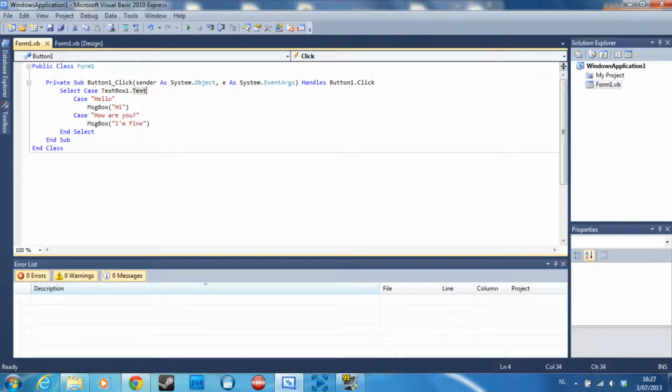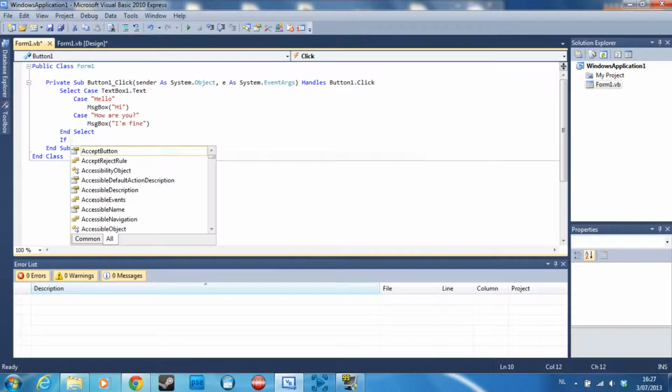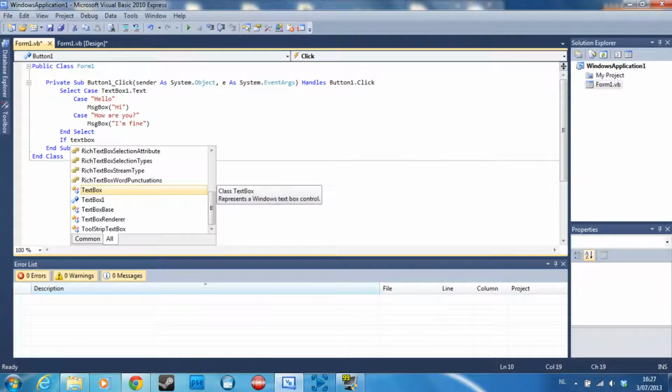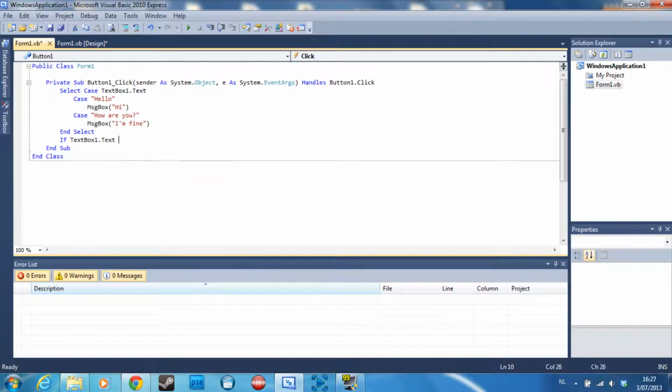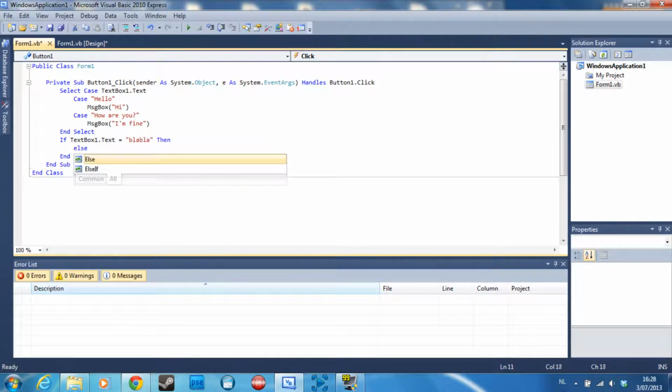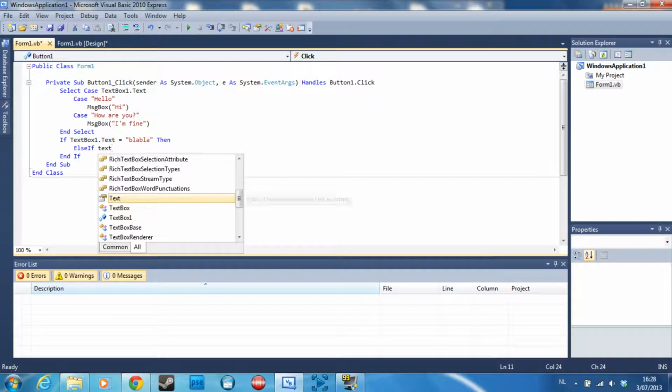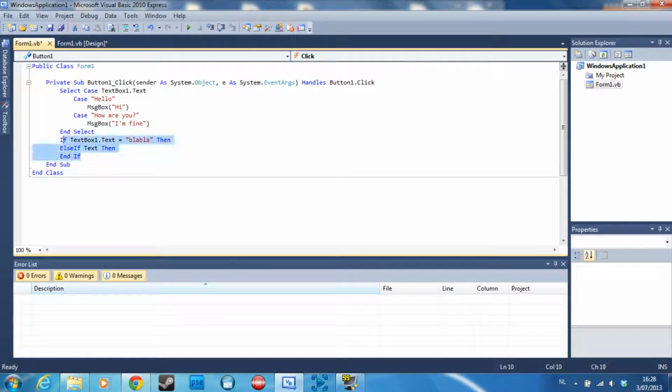So you don't necessarily have to use variables. This can kind of come in handy for when you are doing stuff like if textbox1.text equals blah blah,